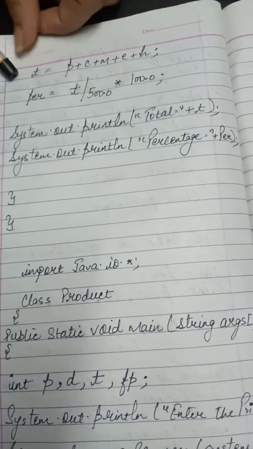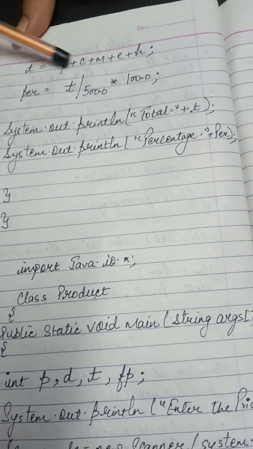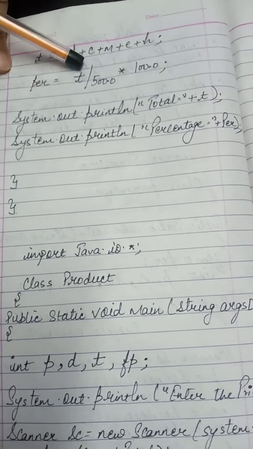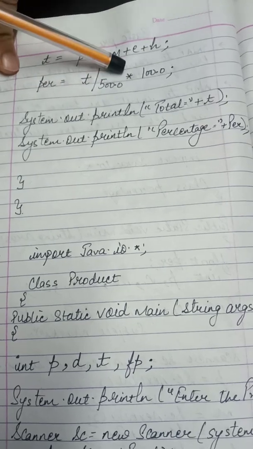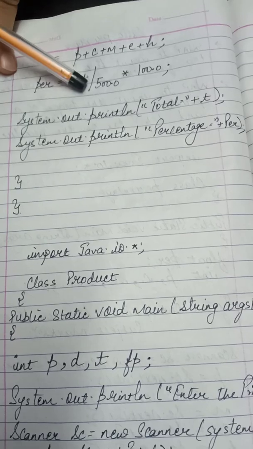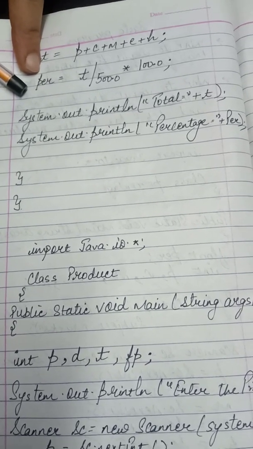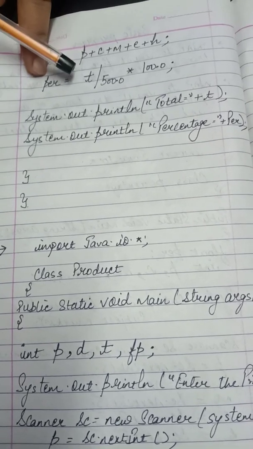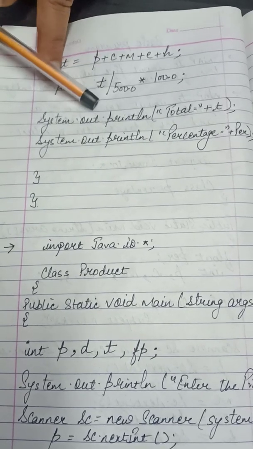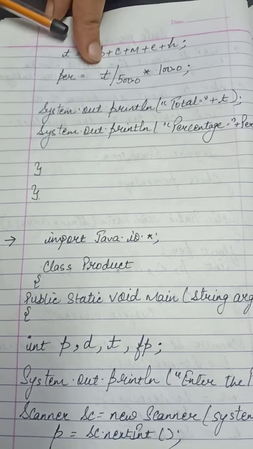Now next is your total. You know how to calculate the total. We will just add the 5 subject marks. Total will be calculated. Now percentage = T / 500.0 * 100.0. This we have taken in decimal form because your percentage is in floating point. If you want your value to come in floating point, you will just take the value in decimal form, as you know the concept of implicit typecasting.